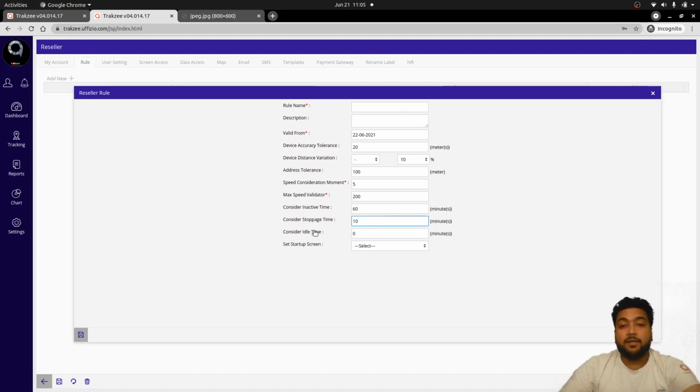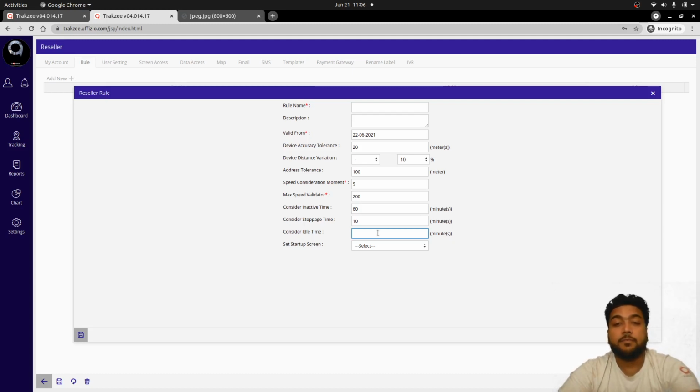Likewise, idle time consideration can happen in the scenario where the ignition ports are connected. Based on that, if the vehicle is idling with the ignition on, that can be considered as idle time. Based on the idle time, the vehicle status will be considered as idle.